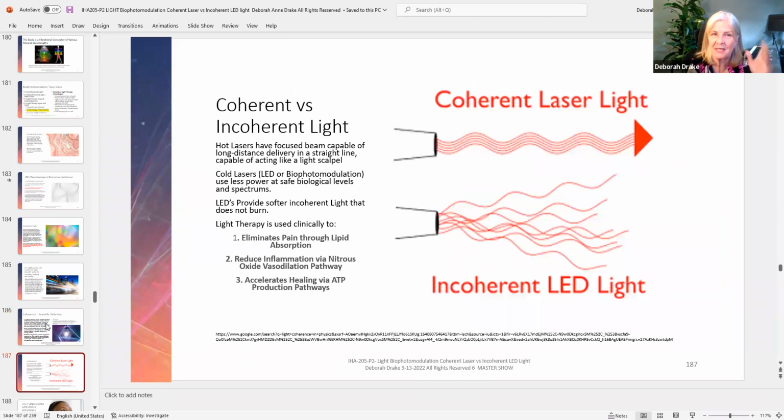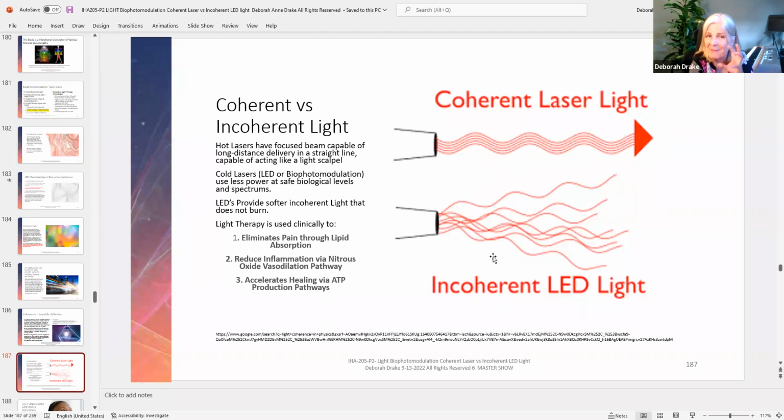But let's just talk about the scientific definition of incoherent LEDs, which are what are scattered, and I just showed you, versus coherent lasers, okay? You notice how the coherent laser is all in the same phase at the same time, so that it adds up into an additive wave that can actually cauterize or burn, or be a laser that you can shine through a pointer across an auditorium to point at a screen, or somebody could send that up to outer space a mile away. Because it's all coherent together, these create a serious threat to safety a little bit more than the incoherent LEDs that cannot burn you.